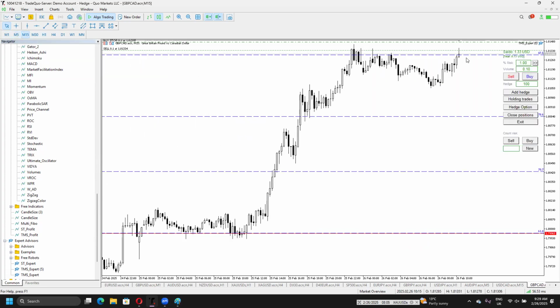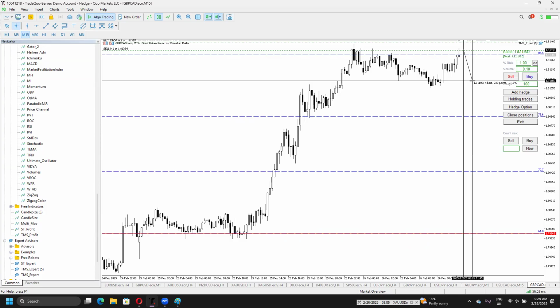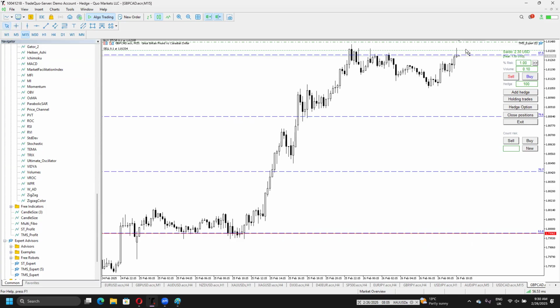For example, in this case, we would like to exit from the market after 25 pips. So I can easily measure where the 25 pips is. And it's right there. And set up my take profit. And as you can see, if the price will continue,